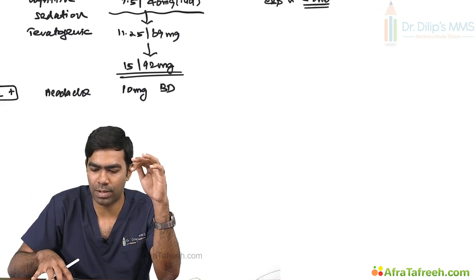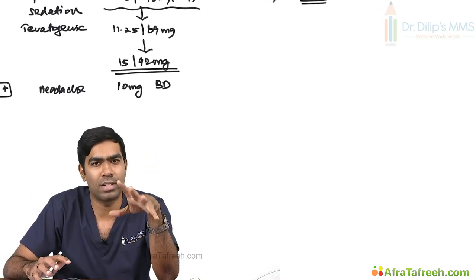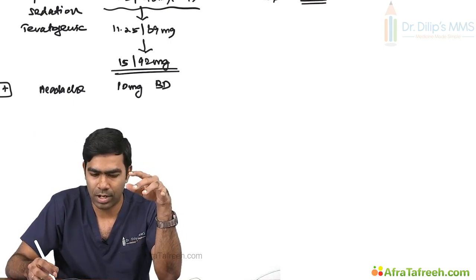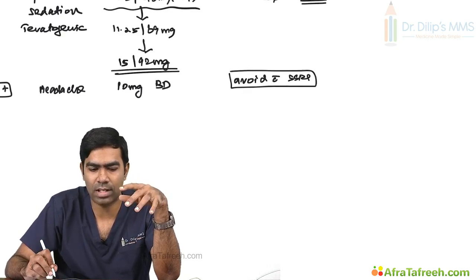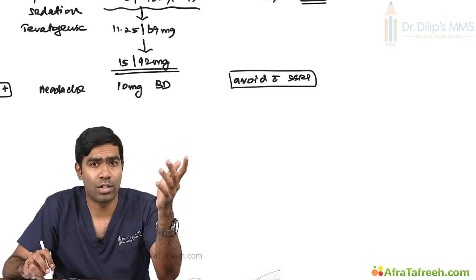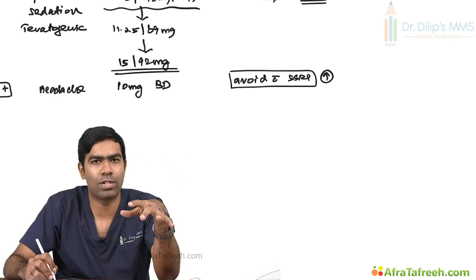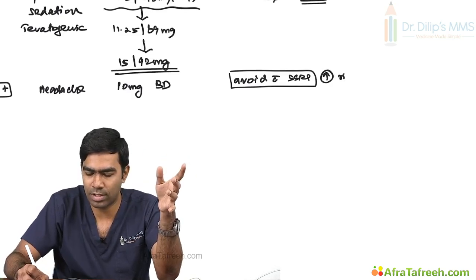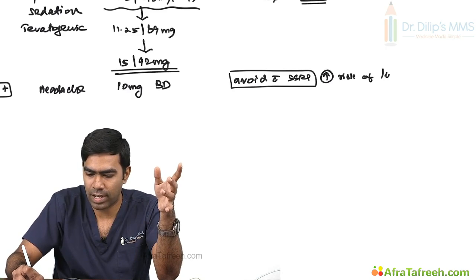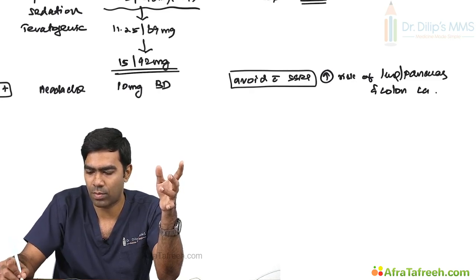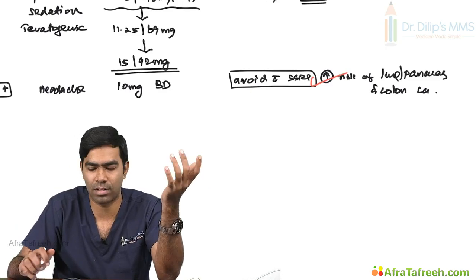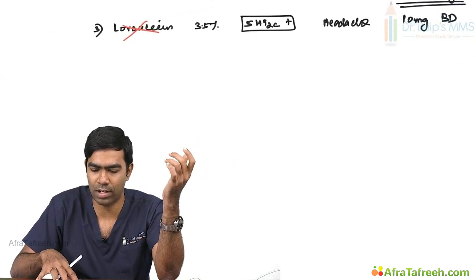One of the favorite drugs by many practitioners, especially psychiatric consultants. And avoid with SSRI, because this is a serotonergic drug, and with SSRIs they can produce serotonin syndrome also. And currently why it was banned? Because it produces increased risk of certain cancers like lung, pancreas and colon. That's why it was banned. And it was clearly proved by 2 meta-analyses, and it was submitted to FDA, and that's why this drug was